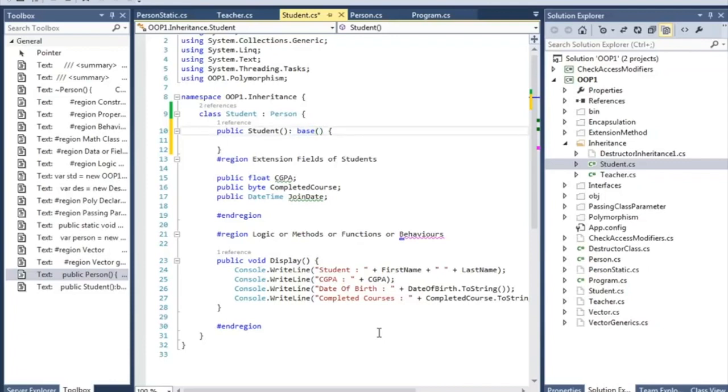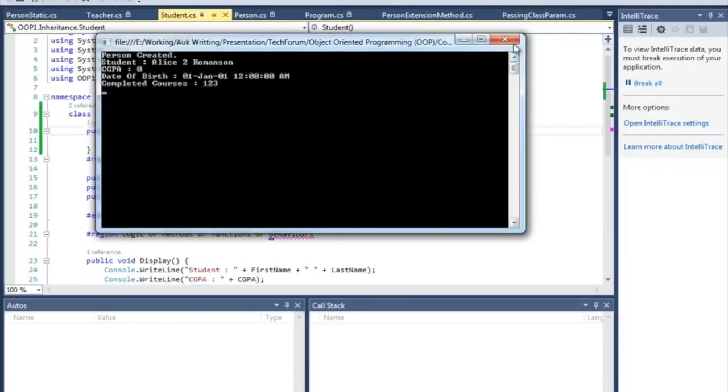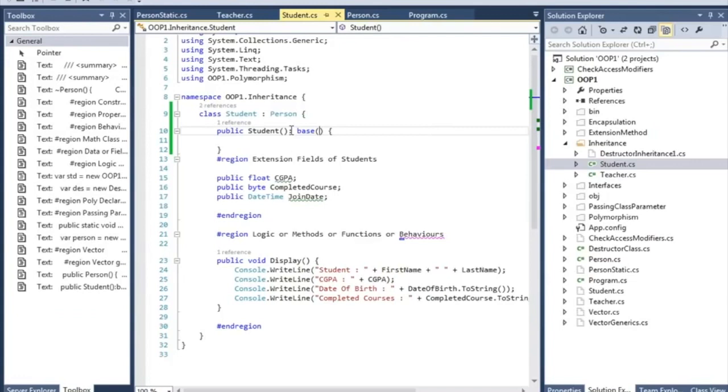If you have multiple constructors, it will be very helpful. If I run my project, you'll see that person is created. If you remember from the first lesson on classes, the constructor will always be invoked implicitly or explicitly.